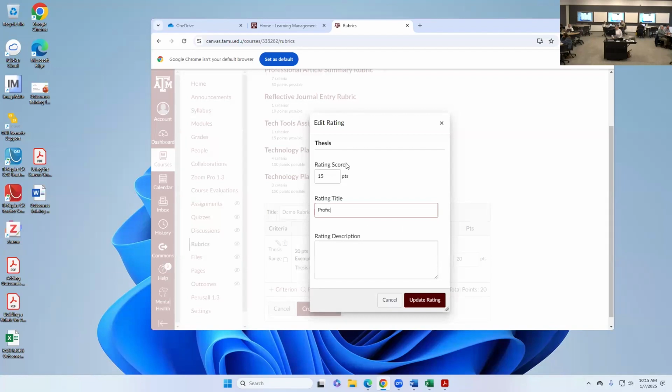I've seen proficient, above average, B work, you name it. Again, the ratings description is a required field. You want to enter what it takes to make a B for this particular criteria. So for this one, based on my thesis again, I'm going to say thesis